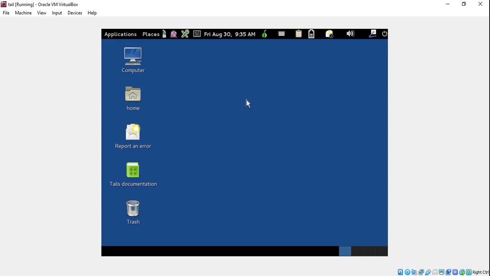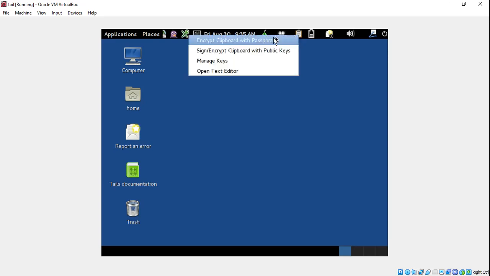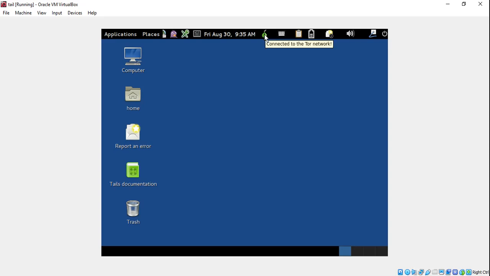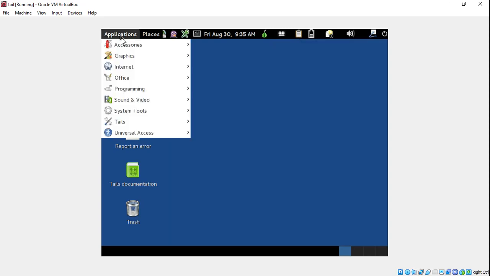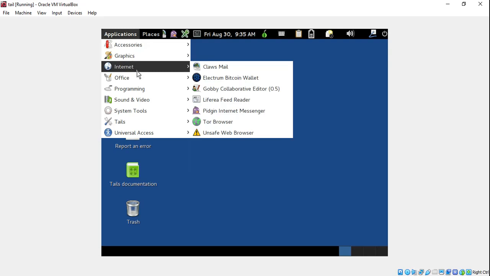Now why do I choose the Tails operating system over others? Because it has an inbuilt feature of encryption. It provides you USB drive encryption, it also provides you browser encryption, and it also provides you text encryption. For example, from here you can create a file and you can encrypt it with a password, right? Now Tor is inbuilt, so you can use it. You can also configure a VPN connection from here as well, right? And there are many other applications, you can visit them one by one. Okay,